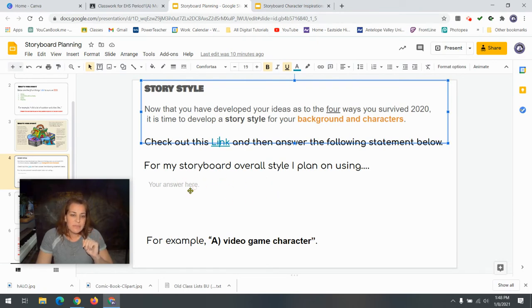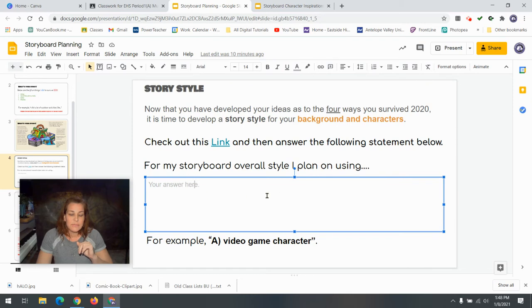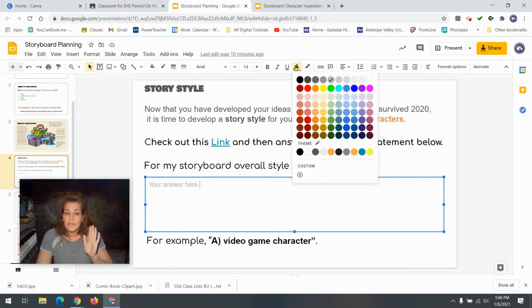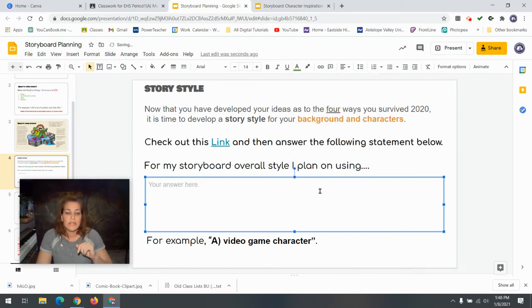And then on this one here, this is, I believe, slide 6, or the slide called Story Styles. You want to go ahead and click on this text box, and again, choose a color that you want to use. Keep consistent. I'm going to use green again. Hopefully this time it actually types green for me. And I'm going to put in which one of the styles I chose. So I'm going to go with the Smurfs. Yeah, I grew up with the Smurfs. So which one would that have been?